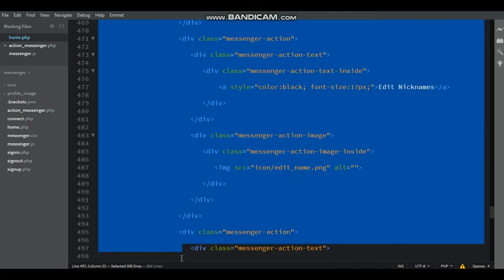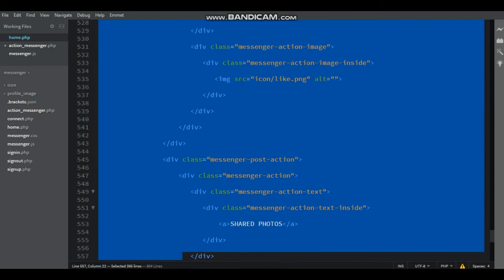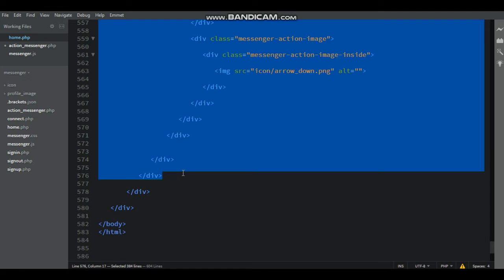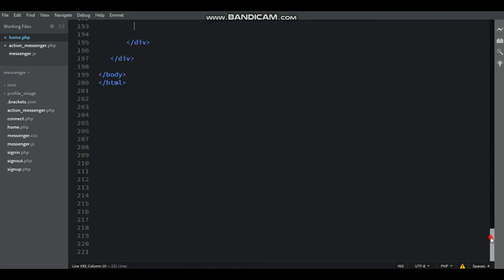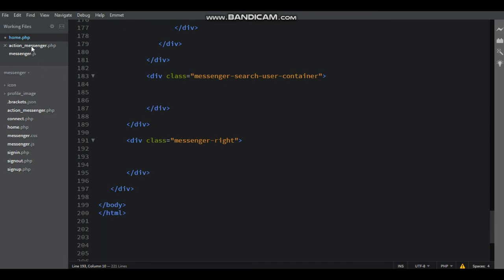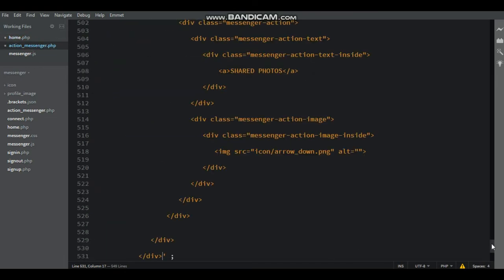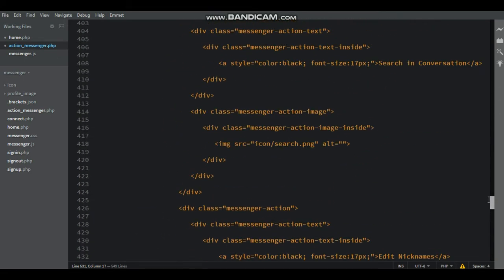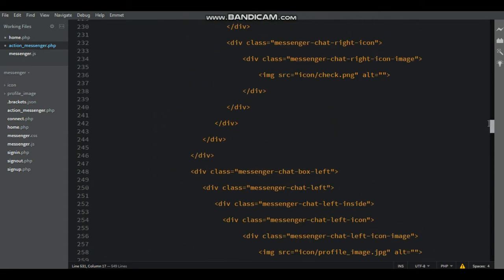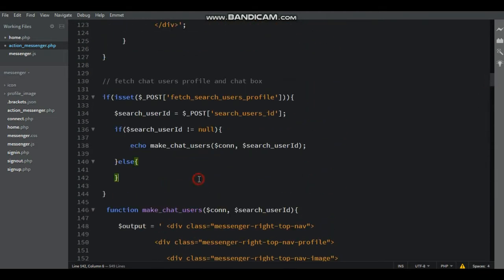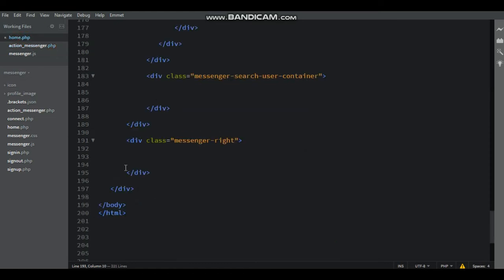First copy all the div, image and text, and cut everything, and then paste it inside the single quotes, that is output. Here that is return the output value and show it with the echo function, that is the output value in the echo. Here that is all the